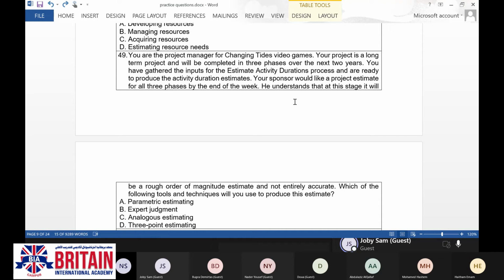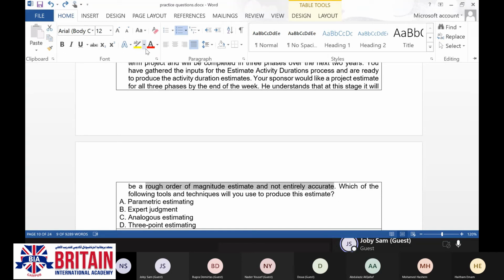Due to constraints, the second phase may be dependent on the first phase. There could be several parameters it depends on, and that could be the reason that points to parametric estimating. This is what my guess is.